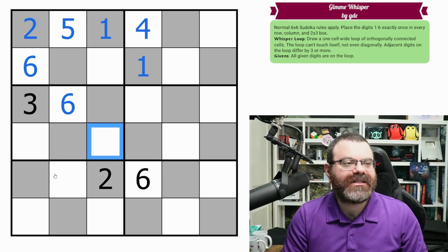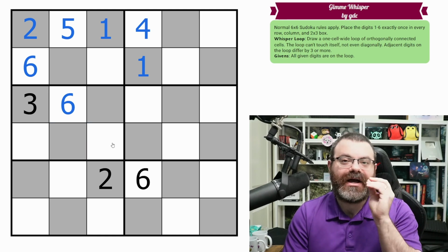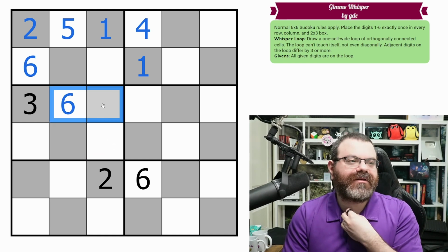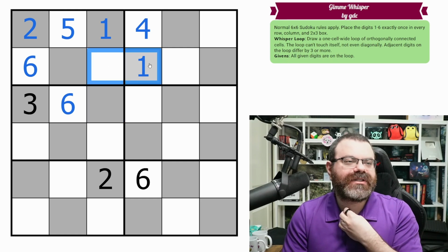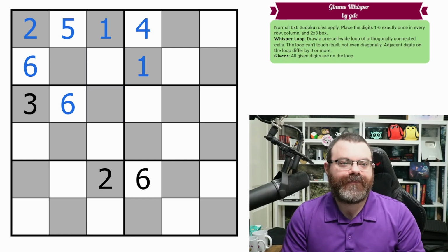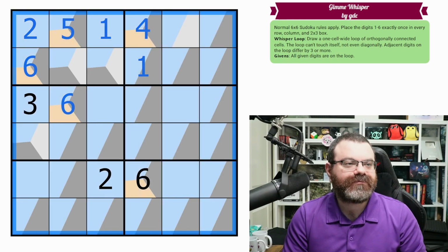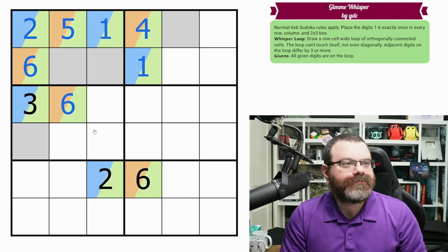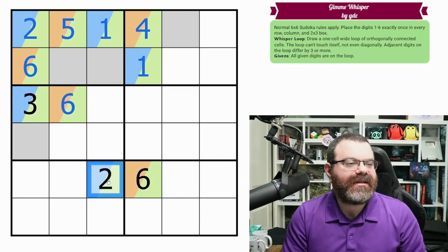And it's because every white cell is surrounded by gray cells, and every gray cell is surrounded by white cells. And so what we can think about is, because we also move between low, high on the German whisper loop, and the loop only moves between orthogonal cells, as it moves, we're going to be moving between low, high. So if I undo all the way, before I did any of that stuff, you can see that within this